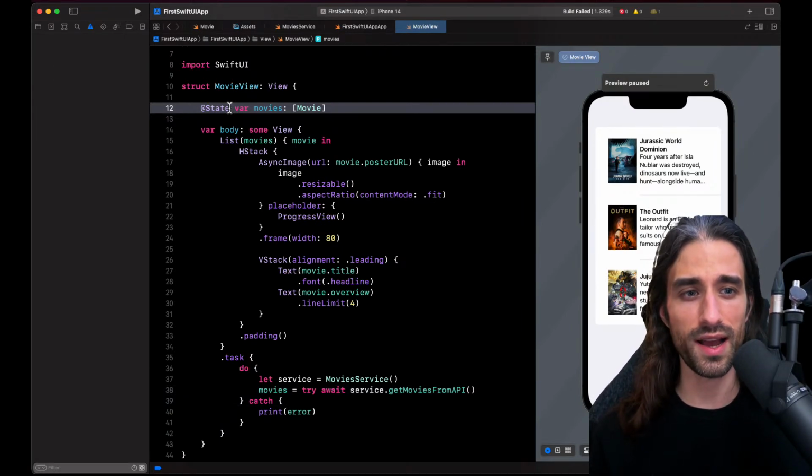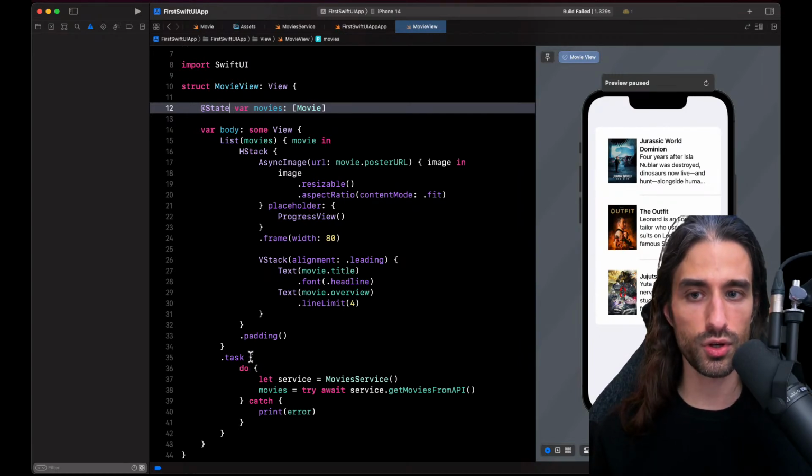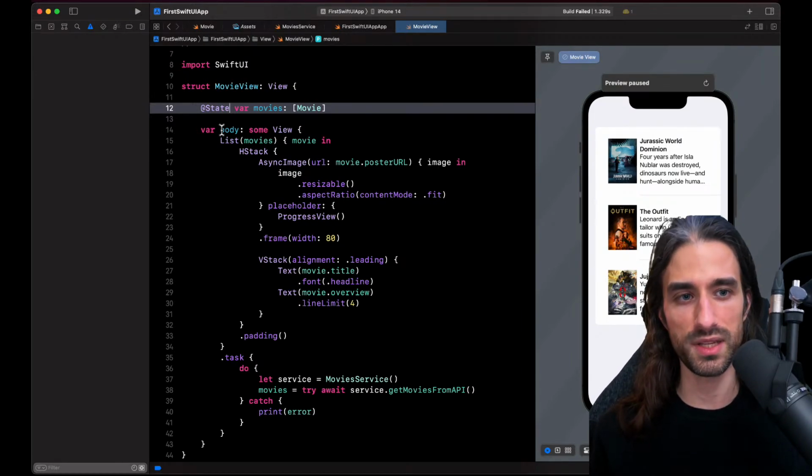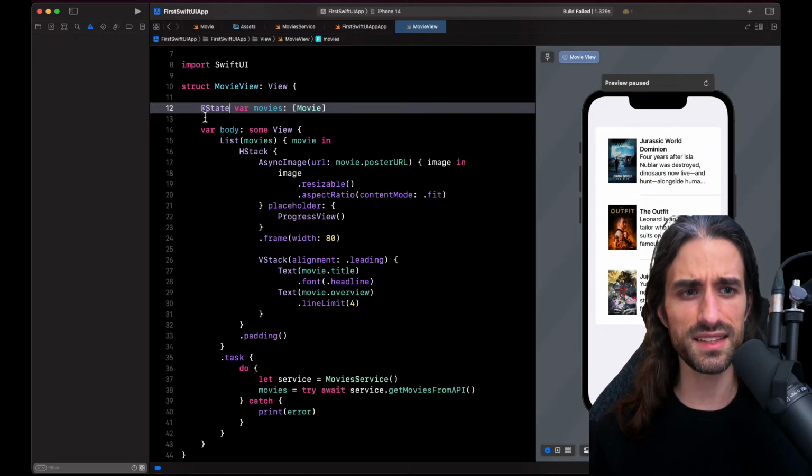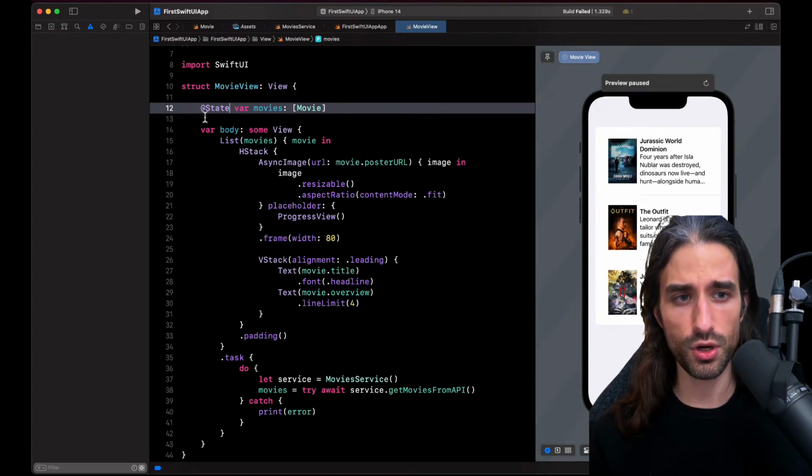This is what will allow you to mutate the value inside closures defined in the view, and also let SwiftUI know that whenever the value of the property changes, the body needs to be recomputed and the view on the screen needs to be updated if there are changes between the previous and the new body. This @State is something that's called a property wrapper. It's a feature of Swift.